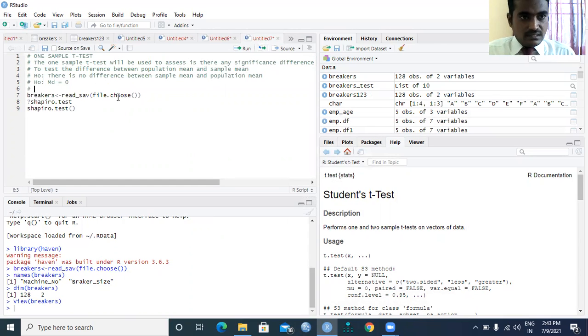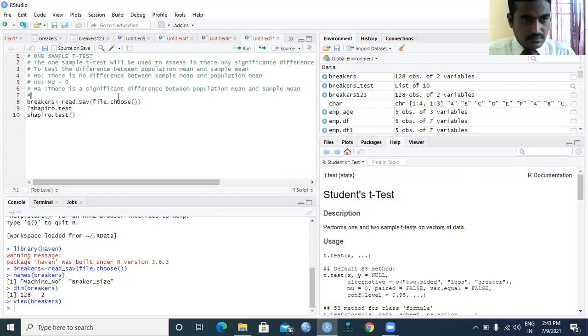Then what is the alternative hypothesis, HA? There is a significant difference between population mean and sample mean.